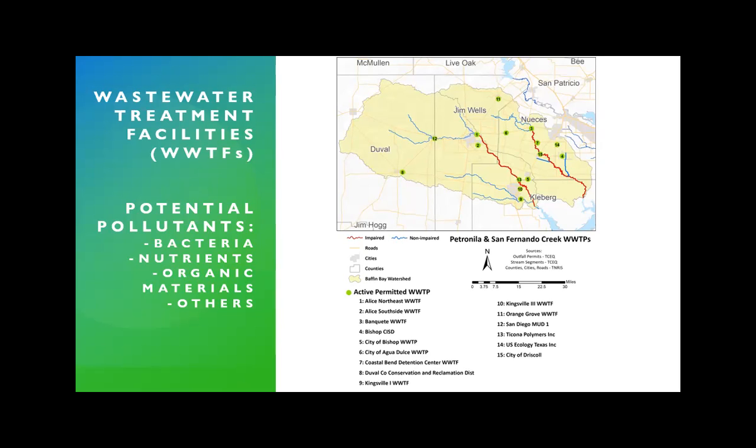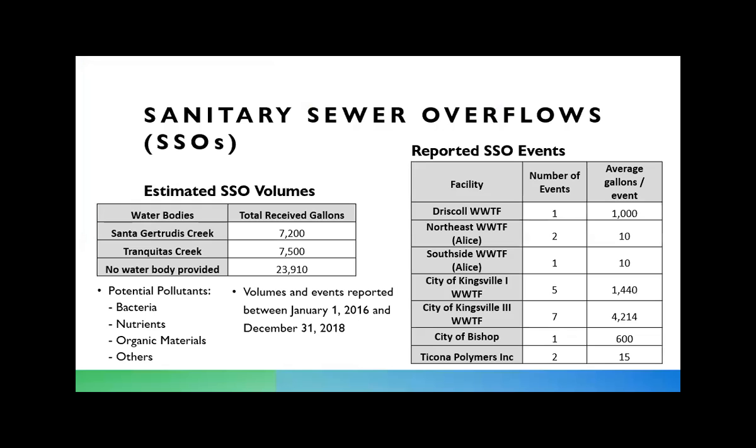And a little more in depth to that is sanitary sewer overflows. These are self-reported. So if any of those facilities have any kind of overflow event or known leak event, or, as it sounds, overflow event, they can voluntarily report that. So the information is kind of as good as is reported, and this covers 2 years of reporting from 2016 to 2018. The creeks that are being emptied into, or that the waste is being drained into, are